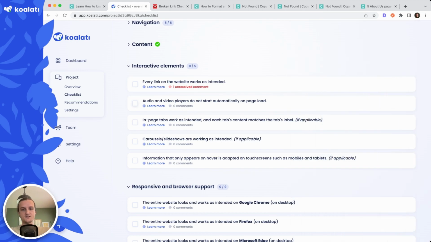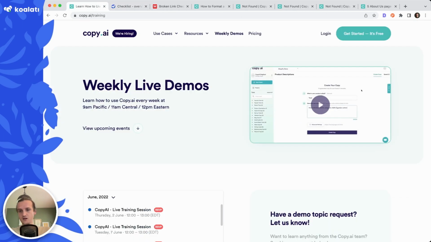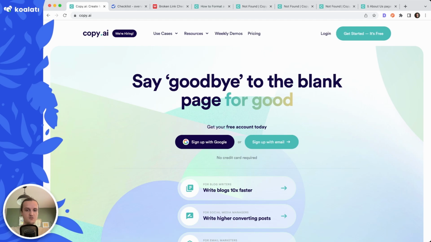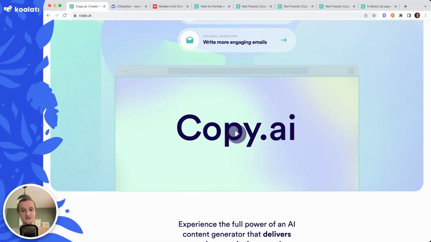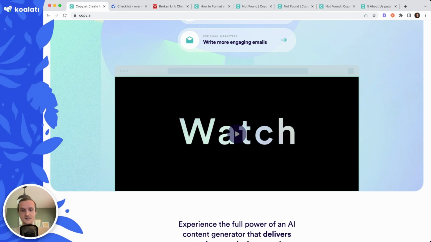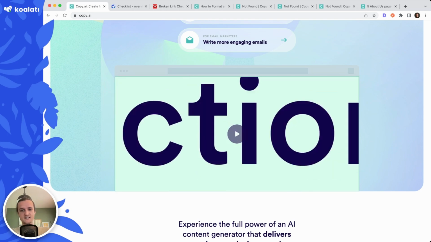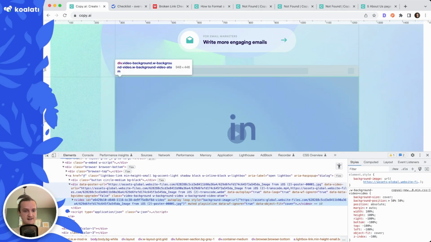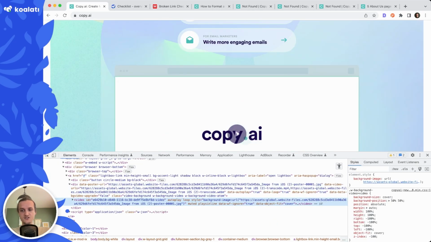Audio and video players do not start automatically on page load. We've seen this before on the website. Sometimes you open a website and then there's a video like this that starts with sound and everything, and YouTube player is embedded and just autoplays. You don't want that. In most cases, you don't want that. This is fine. This is a video. If we look at the source, this is an actual video, but there's no sound, and it's only a video because